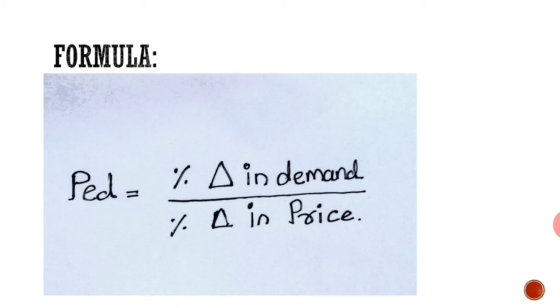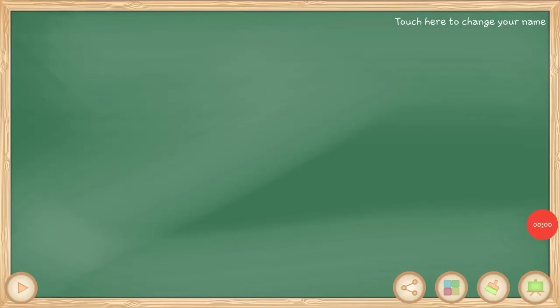That is price. So, this is explained with the help of another important formula. This is the simple formula: price elasticity of demand is equal to percentage of change in demand divided by percentage of change in price. We will see here the next formula, when the problem is given, how to calculate the price elasticity of demand. See here, dear students, price elasticity of demand is equal to